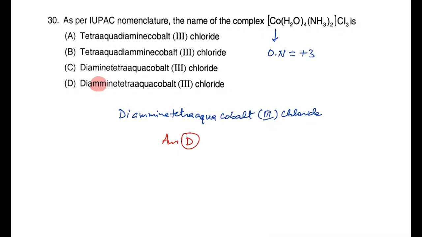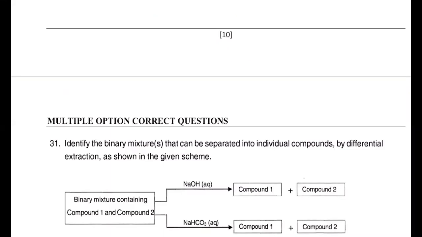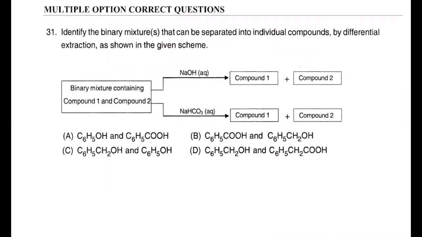While writing ammonia as a ligand, we will use the name ammine, AMMINE, right? Then question number 31. It is given: identify the binary mixture that can be separated into individual compounds by differential extraction as shown in